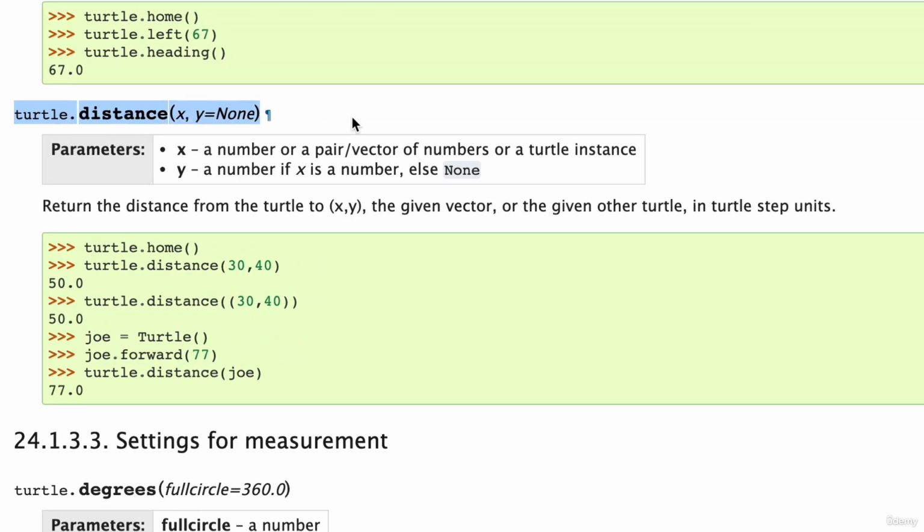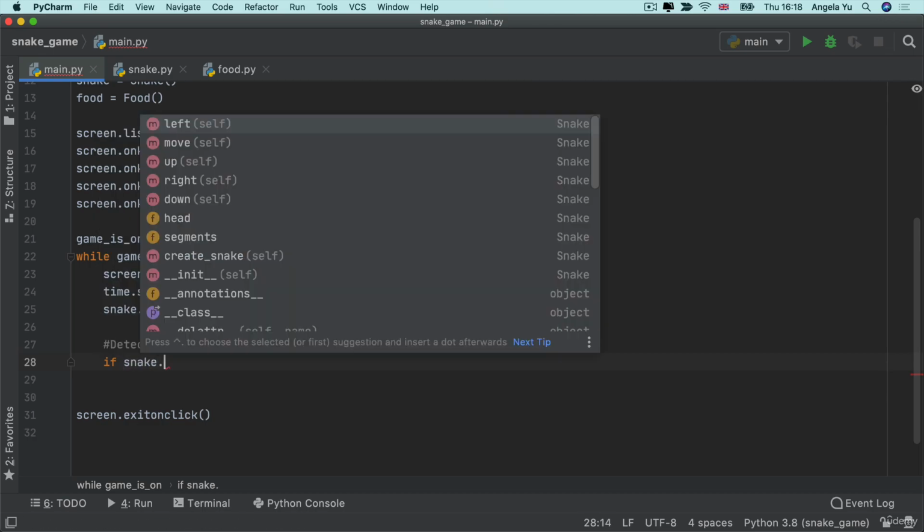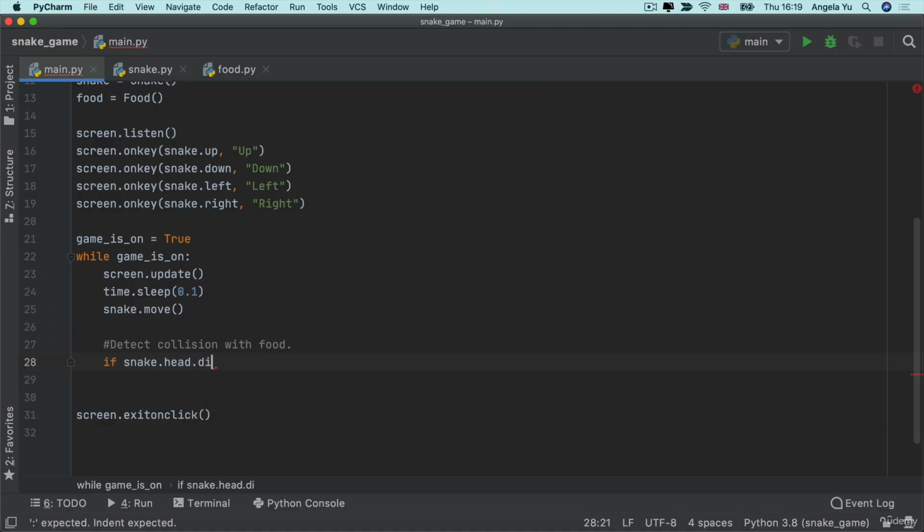The distance method works by comparing the distance from this turtle to whatever it is that you put inside the parentheses. So it could be a pair of numbers, x and y, or it could simply just be a turtle instance. So you're comparing this turtle against another turtle, and you're trying to get hold of the distance between the two turtles. So what that means is we can check to see if the distance from the first segment of the snake, so remember that would be snake.head.distance,